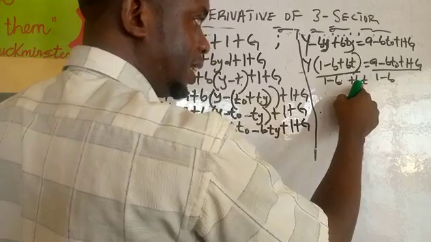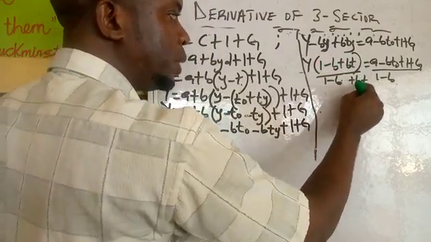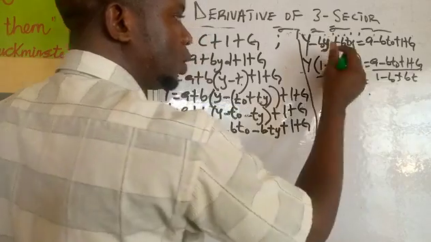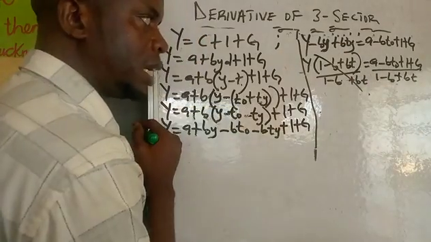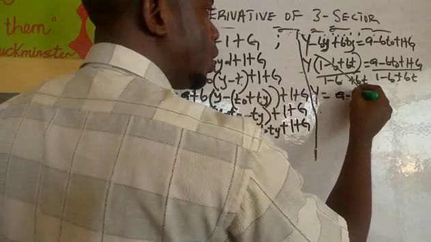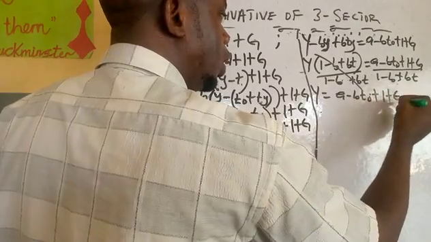So you divide both sides by this 1 minus b plus bt, the other side also 1 minus b plus bt, so that I can cancel out this. Do you understand now? Okay, so I will now have y equals a minus bt naught plus I plus g